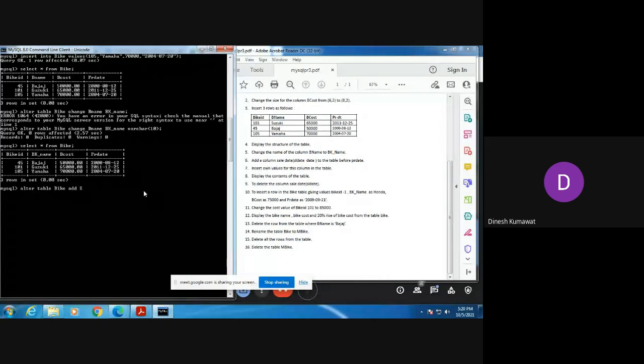Okay, so I'm writing this L in capitals. So SL date, then date, after B cost. Okay, after B cost. So let us see whether we are getting the output using this statement or not.